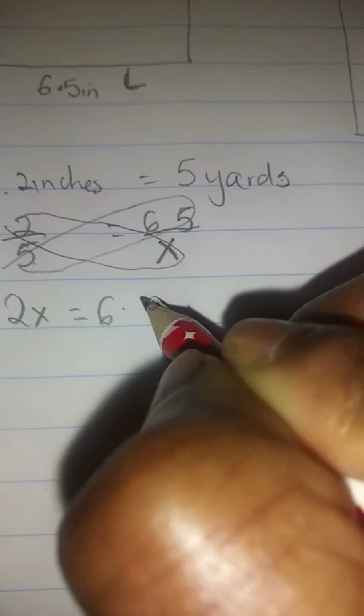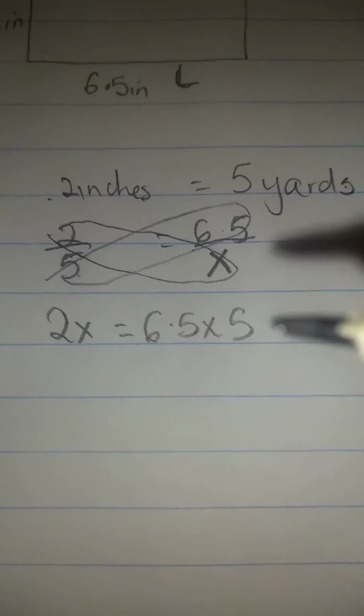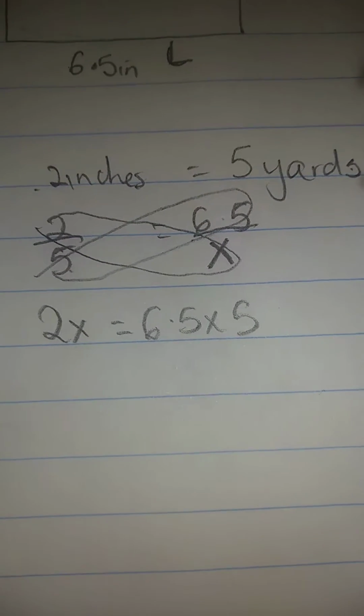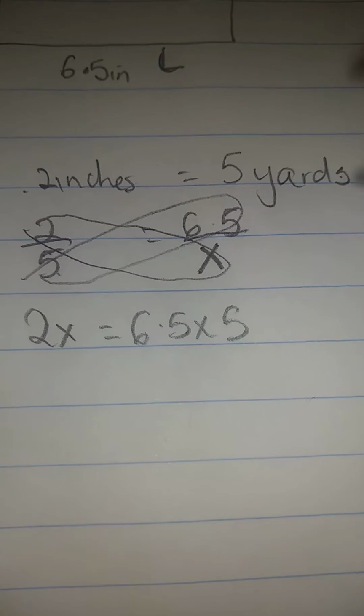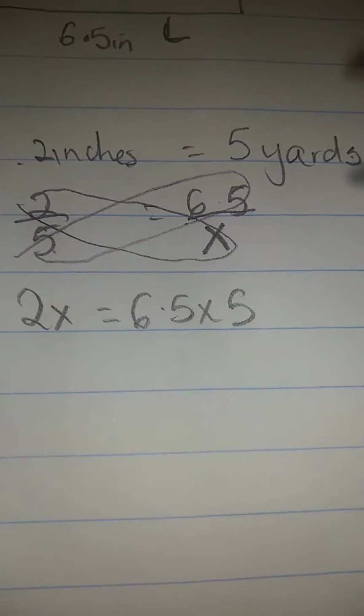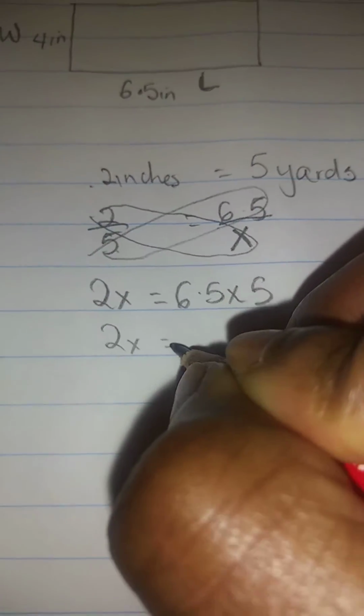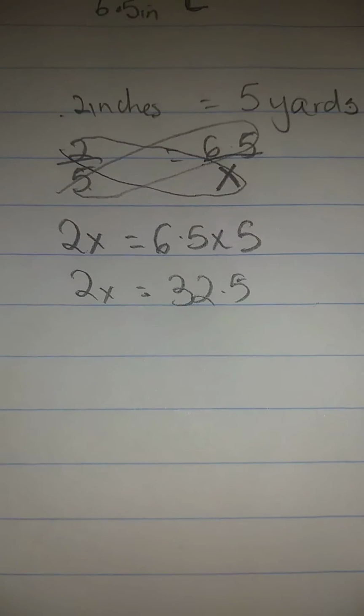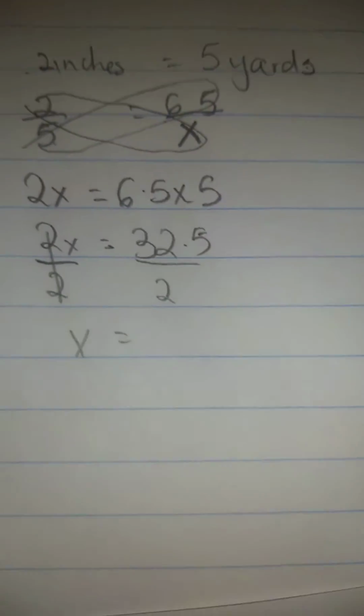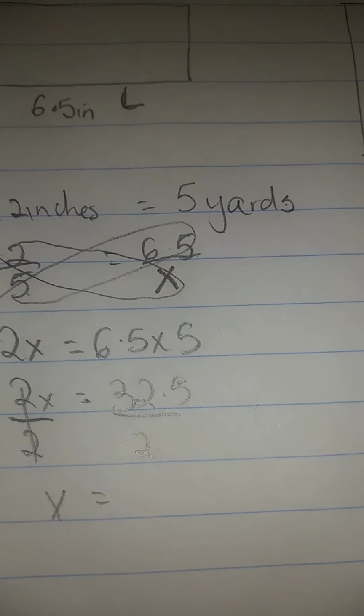So we have 2X is equal to 6 5/10 times 5. And you guys think for a minute and solve. What is 6 5/10 times 5? 6 5/10 times 5 is 32 5/10. So in order to solve for X, we're going to divide both sides by 2. So we're going to divide over here by 2, divide over there by 2. So X is equal to, what is 32 5/10 divided by 2